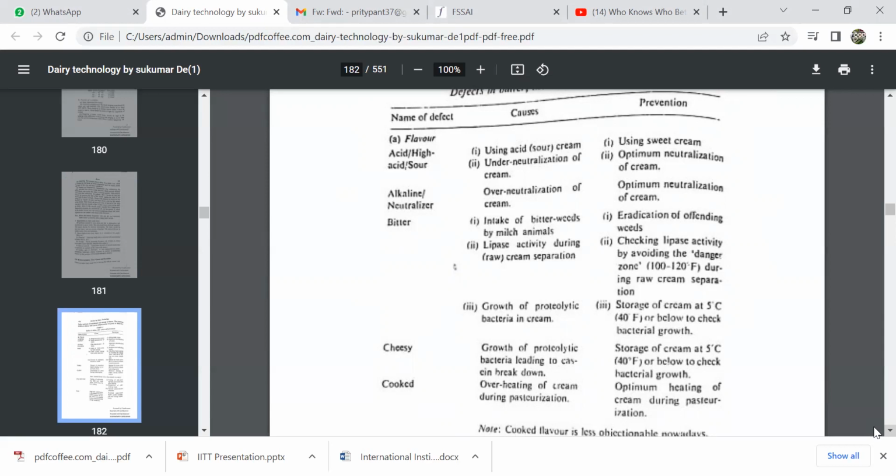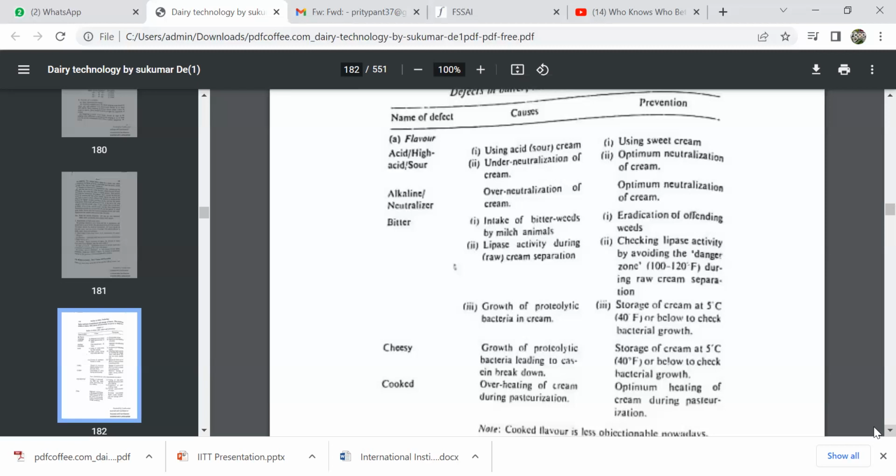First one is the acid, high acid or sour. The reason for this kind of flavor defect is using sour cream for the preparation of butter. And the second cause is under neutralization of cream. So the prevention for this flavor defect is to use sweet cream, and second one is optimum neutralization of cream. Next flavor defect is alkaline